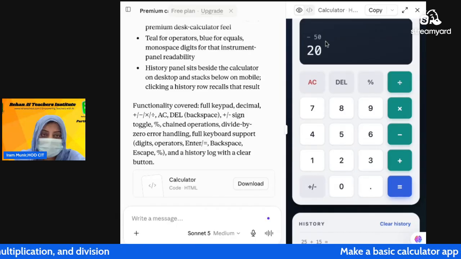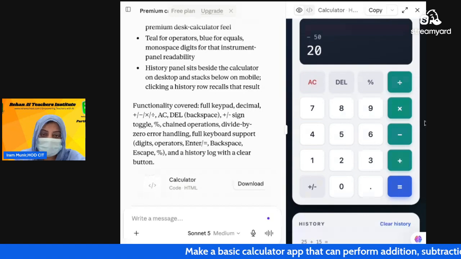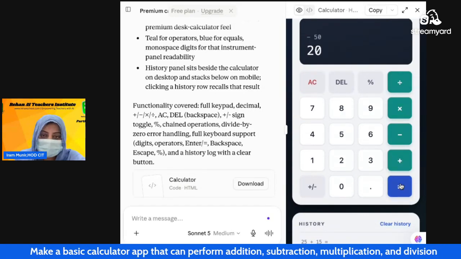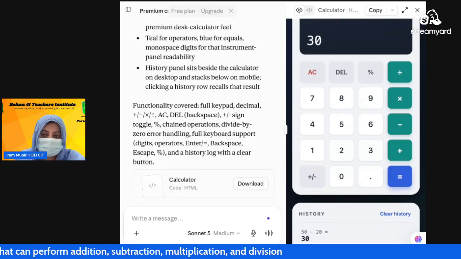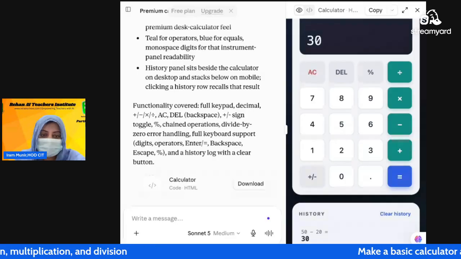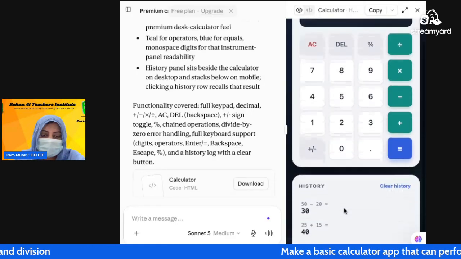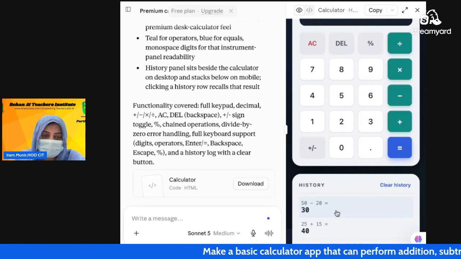The result should be 30. Okay, we will move towards the is equal to button. Great. So the subtraction function is also working properly. The history box is also showing it.